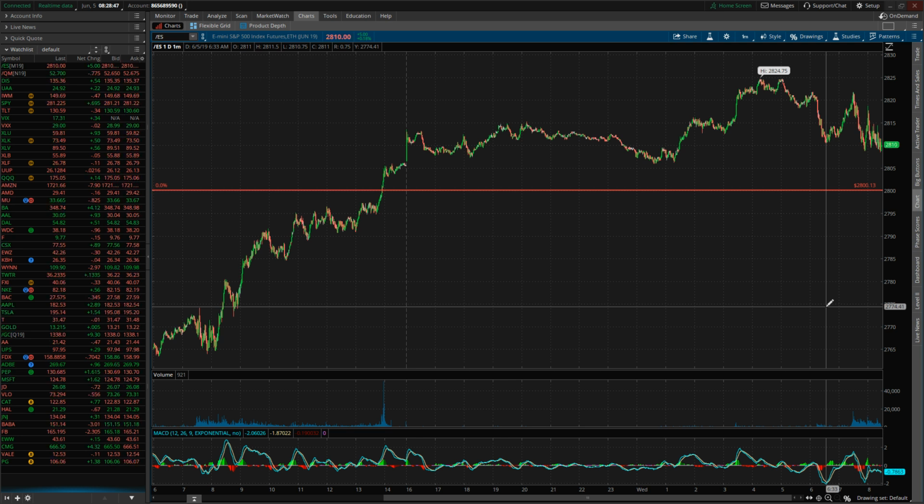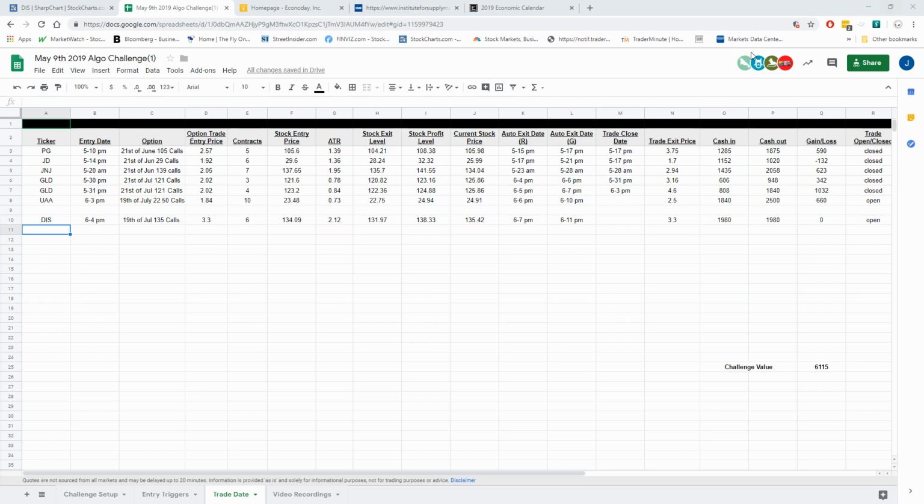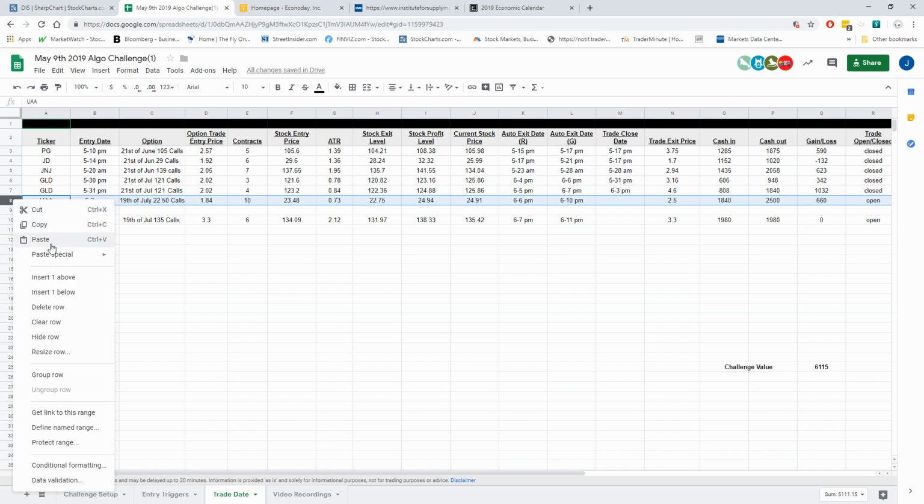We'll take a look at a couple of yesterday's scenarios and what we see after those types of situations, after we make changes with the challenge. Now, Under Armour is 1 penny shy of its exit level, but it hit it. It's close enough, so I'm going to go ahead and